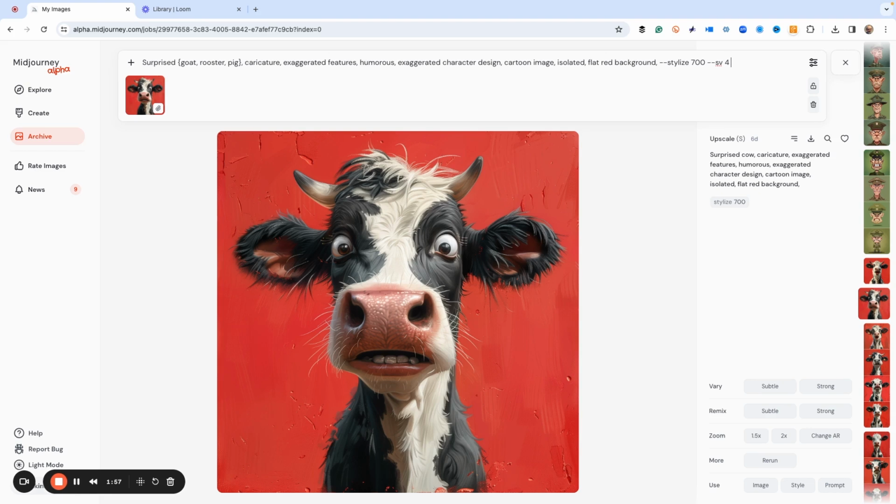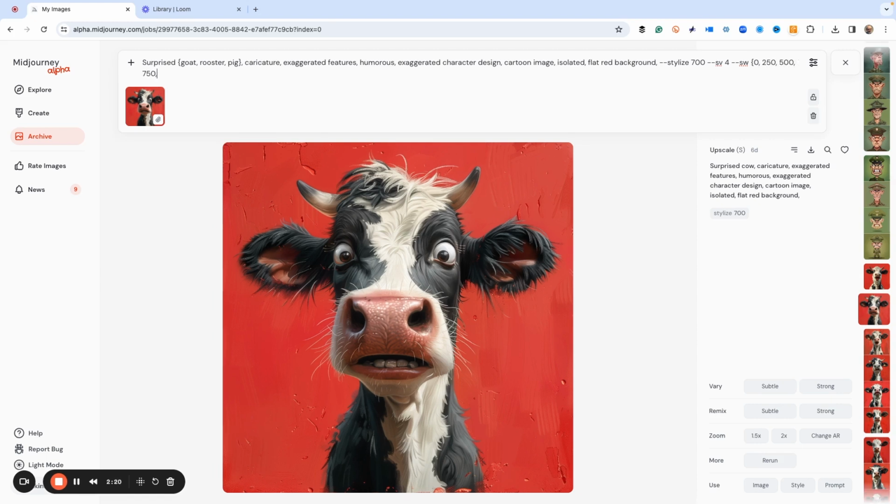Now, the more style weight you give it, the closer or more creative it gets for the larger numbers. So smaller numbers, it's more exact. Higher numbers, it's more creative. So we're going to say style weight, and we're going to say 0, 250, 500, 750, and 1,000.